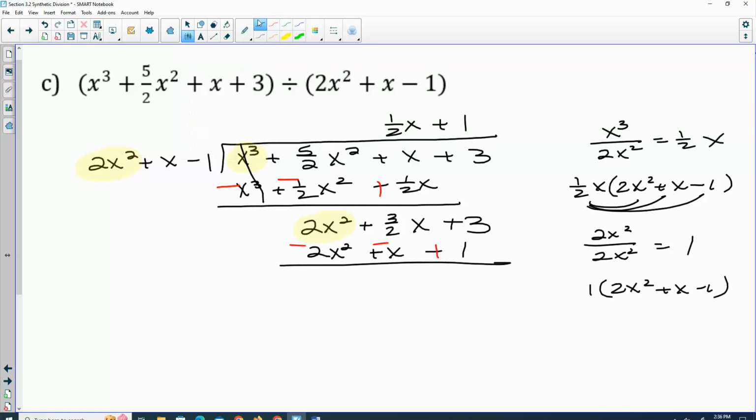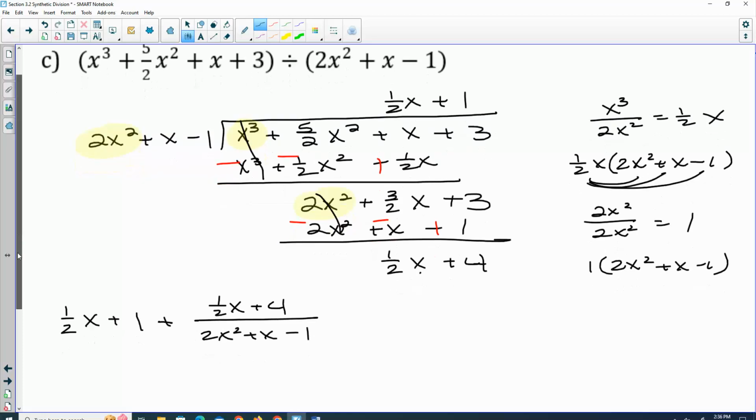So positive 2x squared and negative 2x squared cancel. 3 halves x minus 1x would be 1 half x plus 4. Am I going to be able to go any further? No, I already have my constant up here, plus this power of x is smaller than that one. So my answer, 1 half x plus 1, plus, if you did your remainder over what we were dividing by,